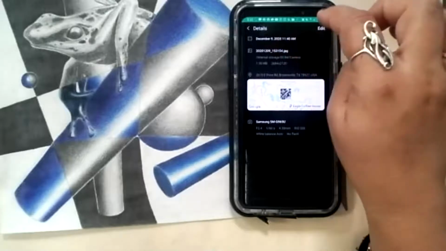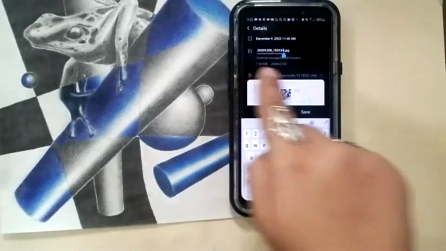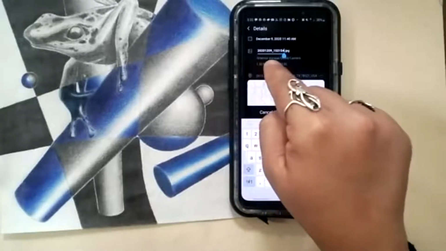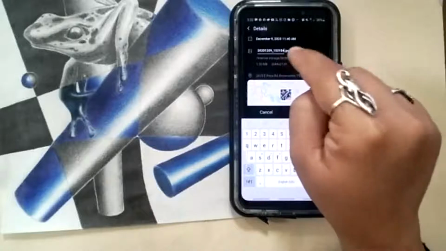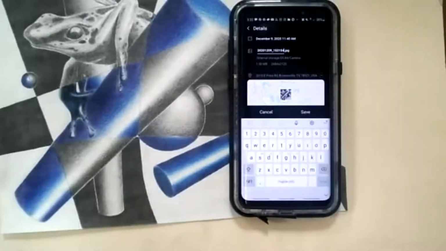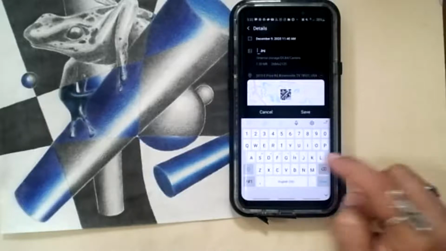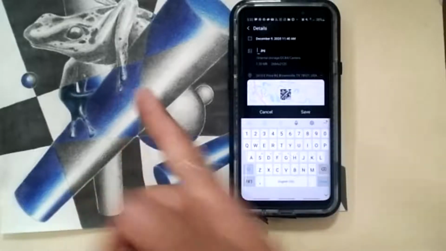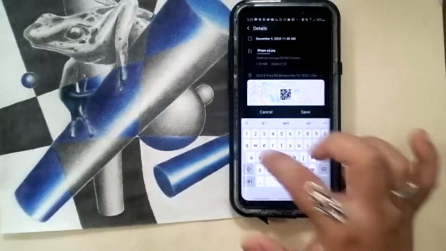You're gonna click on details and you need to rename your photographs. So I'm gonna go to edit and you see how it has the number? The number on here is 2020-1209 underscore, excuse me, 153154. If I upload this to Google Classroom, that's gonna be the title on the picture. And instead of doing that, rename it. So instead of putting that number, I know this assignment is my shape and form. So I'm gonna put shape and form